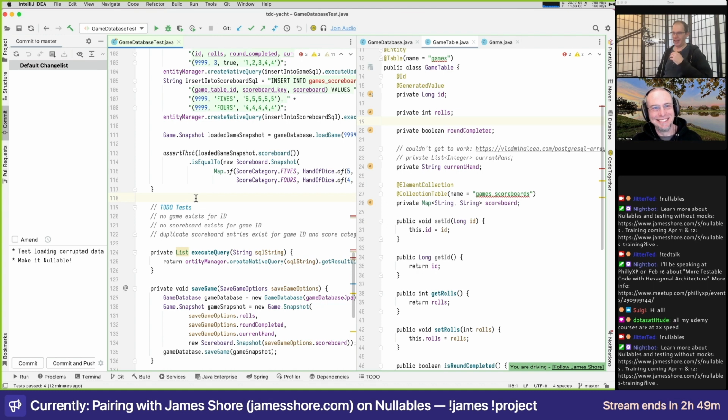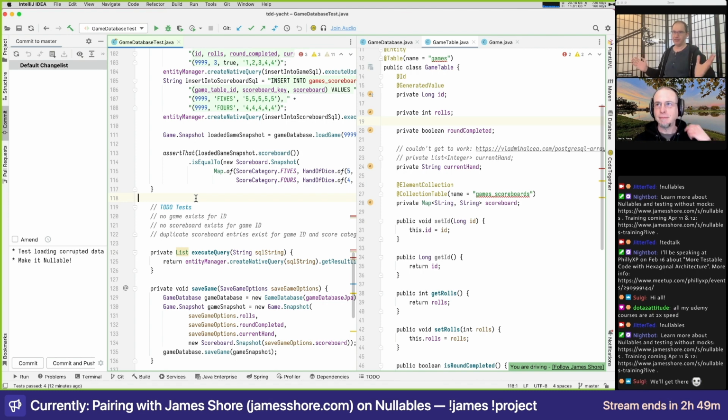Yeah. We finished that work, and then we said, well, let's expand a little bit further. Let's put in persistence. Let's give you the ability to store and retrieve your games from a database, because right now you touch on the server, the game's gone forever. And I assume we will, Suiji, that we'll get there. I don't know if that's actually true, but hopefully. So we're adding persistence, and we're doing that in sort of the way I would do it, using my A-frame architecture ideas and nullable ideas.